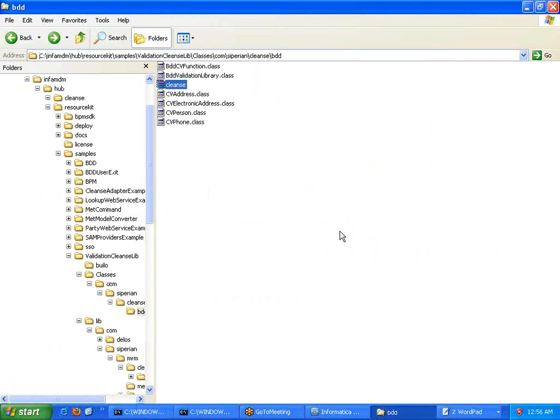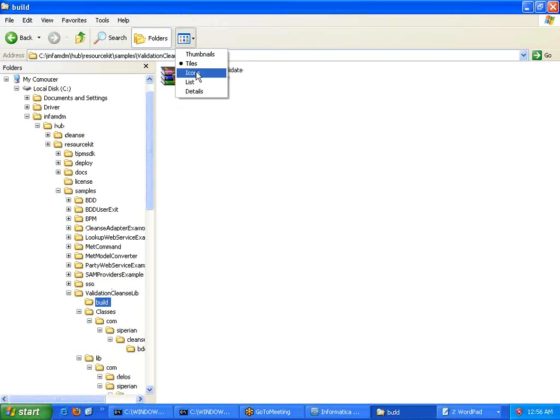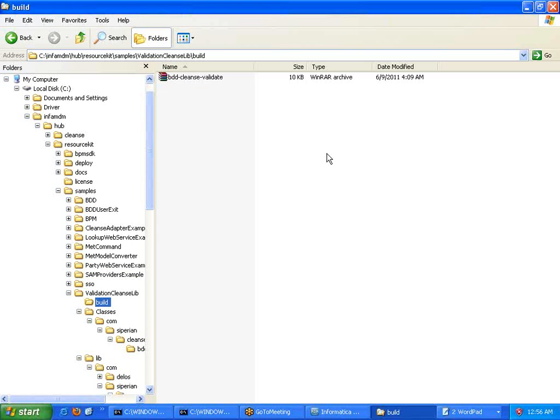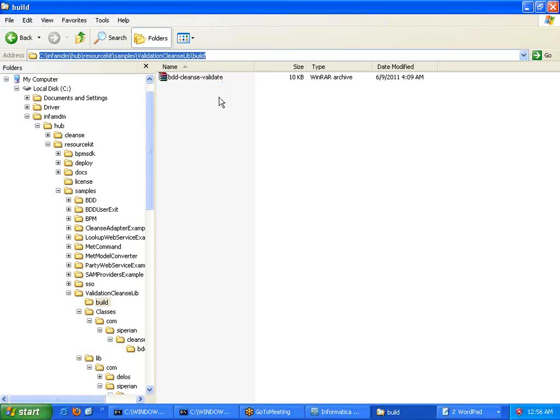Can you see here? There is a cleanse.jar which has been created now. Or we already have one pre-built jar file. Both are the same. Whatever we have built now is the same as what we have over here under the build folder.